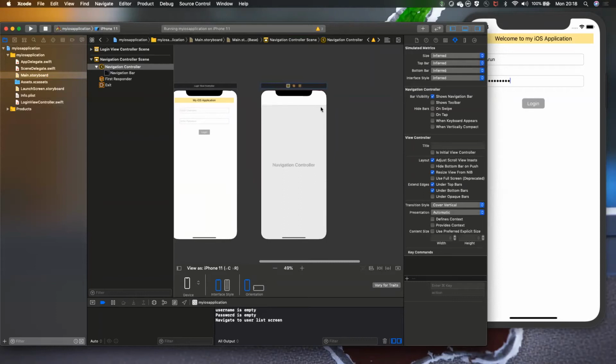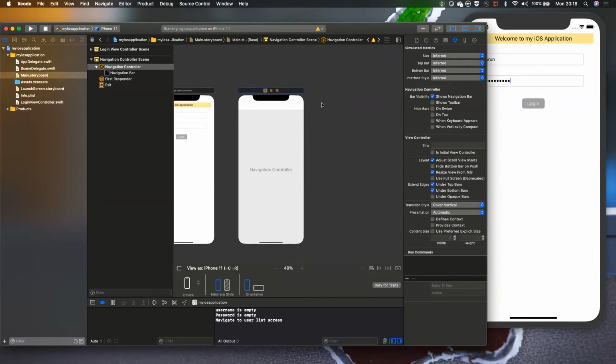So this one will have a top bar, so we can add buttons like in Instagram. You can see there will be a profile icon here. This is the basic iOS design, and it is called a navigation controller.